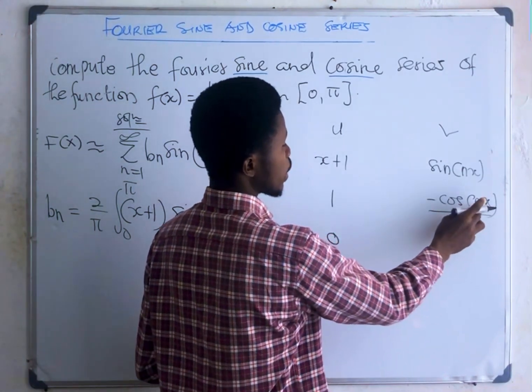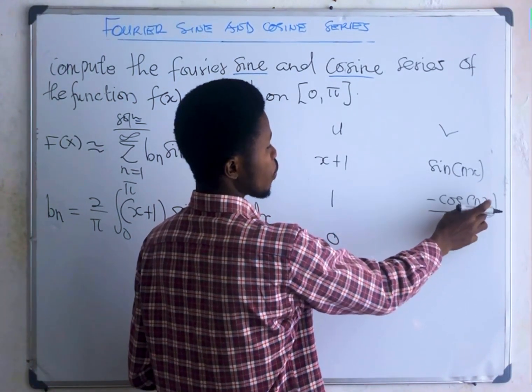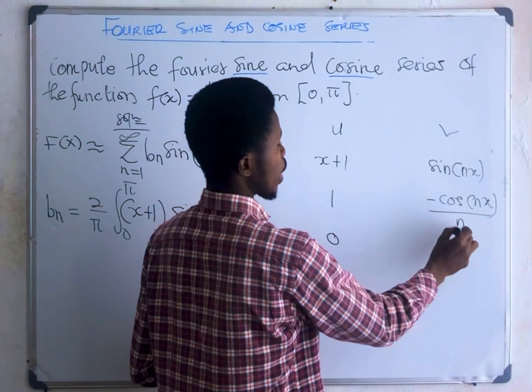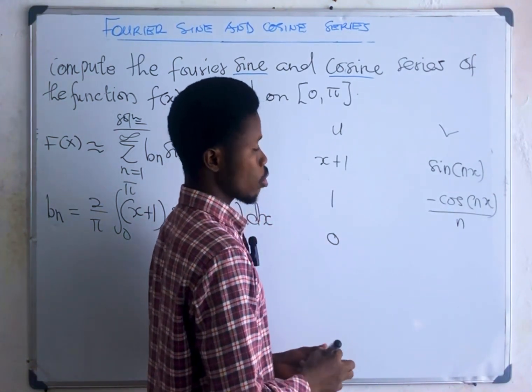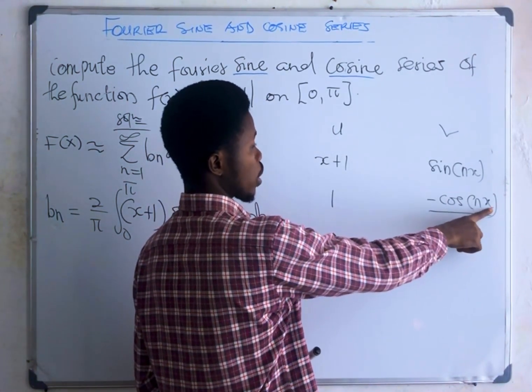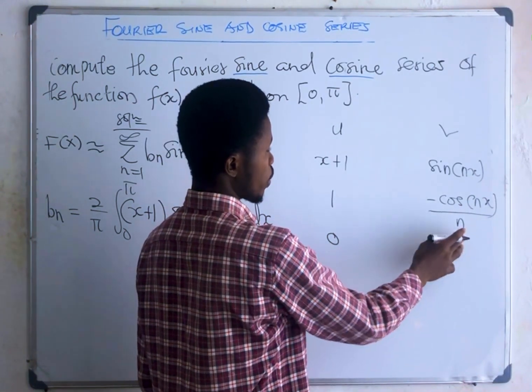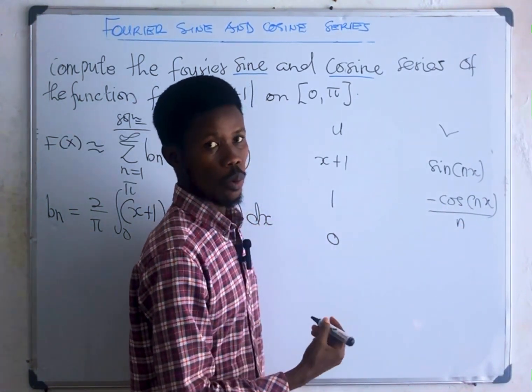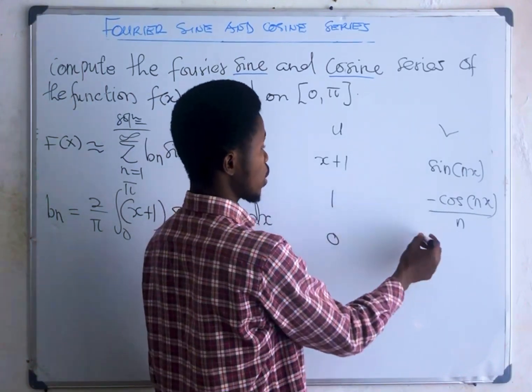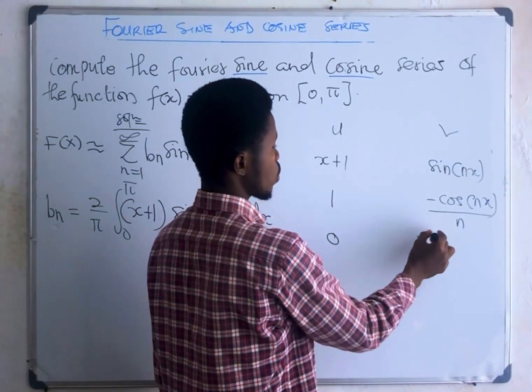Over the integral of the differential of nx, that will give you n there. Because if you differentiate nx, n is constant, x will give you 1. So you get this. Now we are going to integrate this again. If you integrate cos, it gives you positive for sine. So still the negative will maintain. And this will give you sine